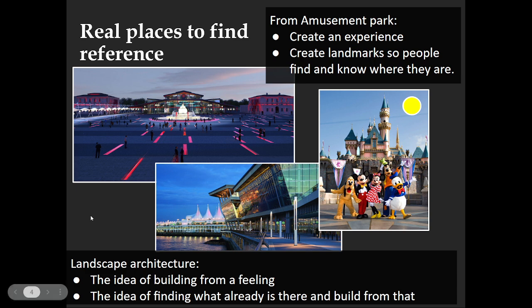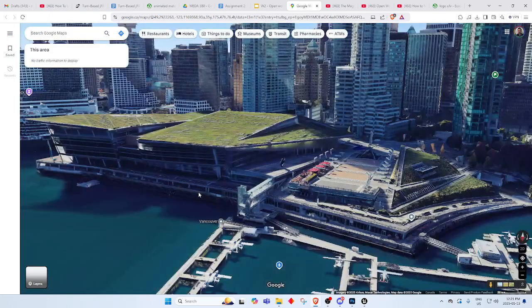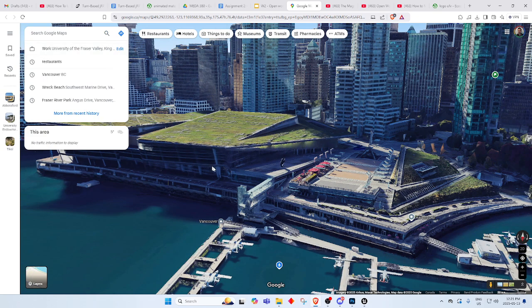So the best place that I think you can draw inspiration from real life architecture to make open world level design is from amusement parks and landscape architecture. Why? Because those two archetypes of architecture are trying to solve the same issues that we are in games. We are trying to direct the player without really pointing the way, so they use very interesting techniques to get there. I want to analyze here this amazing architectural building that we have in downtown Vancouver,